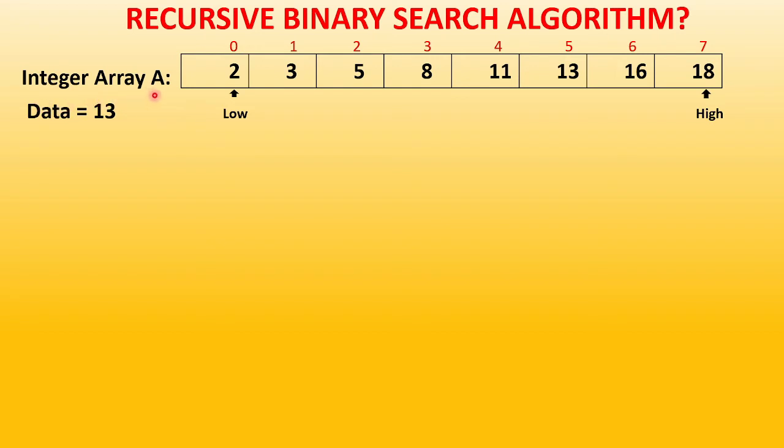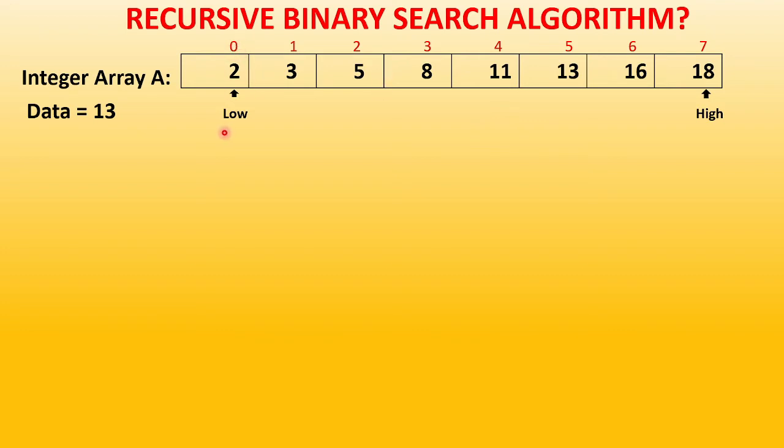Now this is an integer array A given. The name of the array is A and these are the elements stored in the array. All are of type integer and they are in increasing order. You can see the smallest element is at the 0th position and the largest element is at the last position, that is the 7th position. So 0 to 7 are the positions or index numbers. An array always starts from the 0th index, not from 1. So 0 to 7, total 8 elements are there in the array.